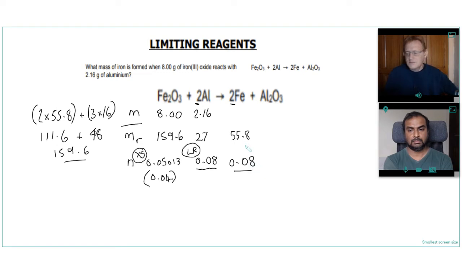And then all we need to do is that mass is moles times MR, so 55.8 times 0.08 is 4.464